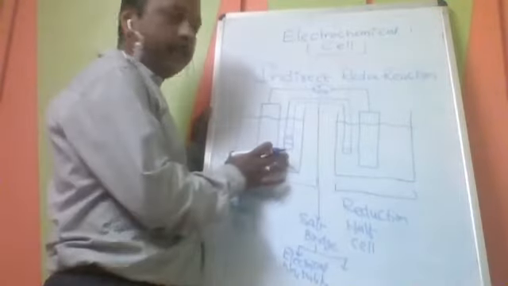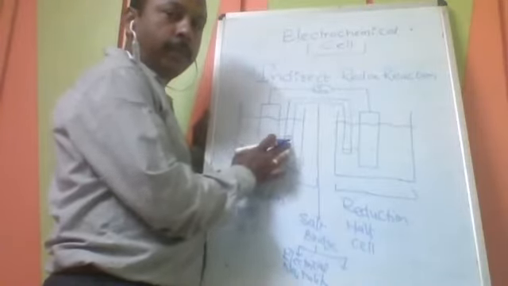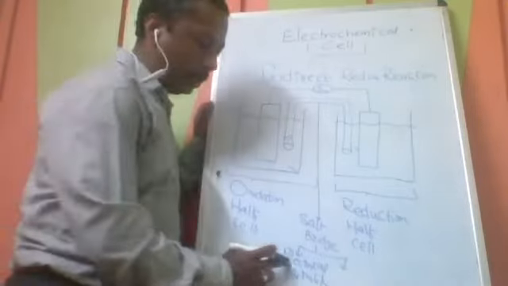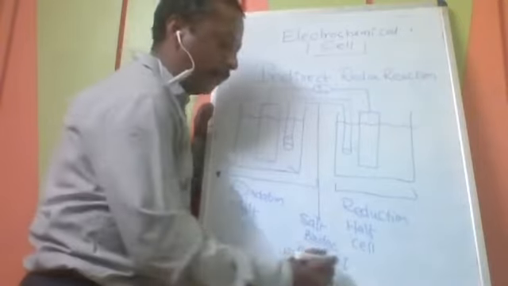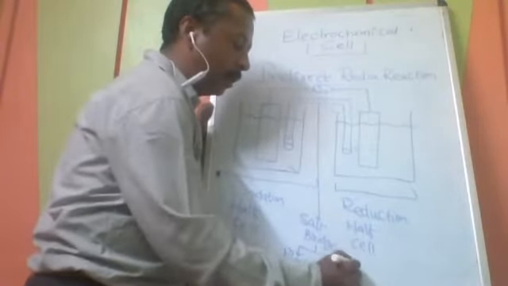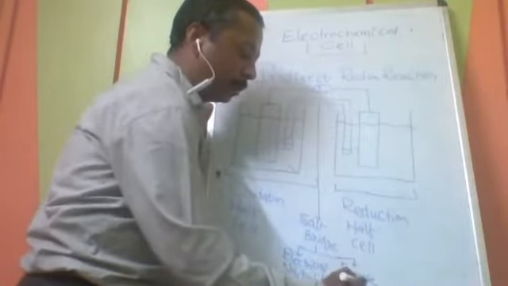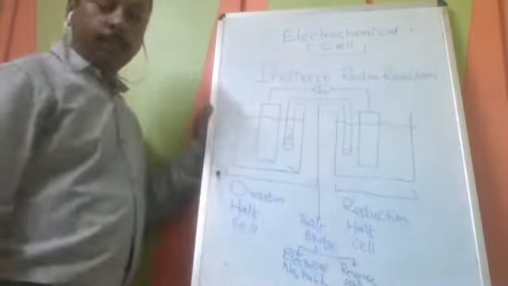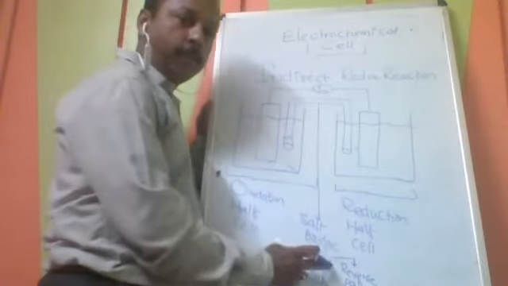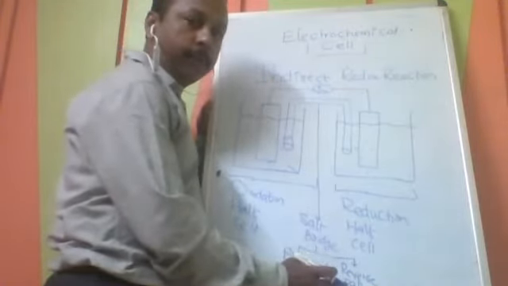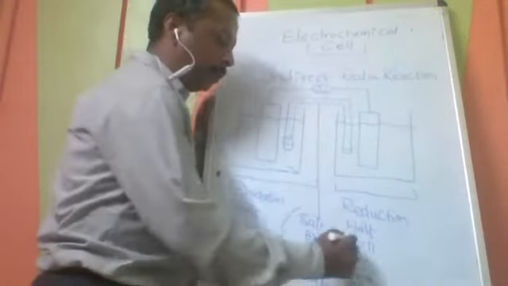That means if positive charge is generated, it will provide negative charge. If negative charge is generated, it will provide positive charge. That is the first purpose of the salt bridge. The second purpose is to provide a reverse path. Electricity should be provided with two ways, forward path and reverse path. If you are not able to provide the reverse path or complete the circuit, then electrical energy will not flow. So the purpose of the salt bridge, I think, is understood.